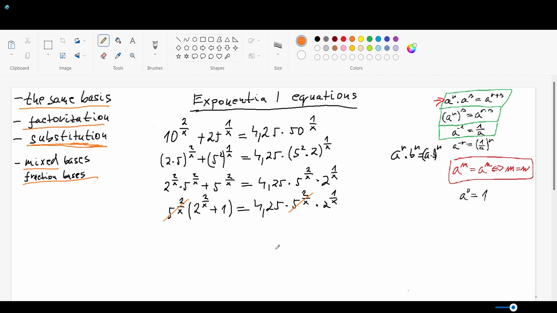And now I'm pretty sure you can see that you can cancel these expressions, because if you do the operation, it's quite clear that they will cancel each other. So what will remain is something quite easy to solve,